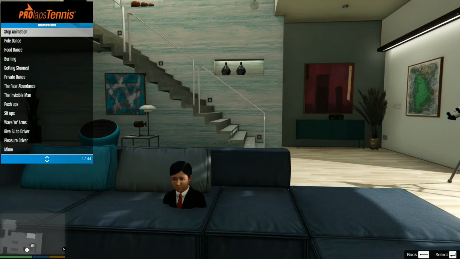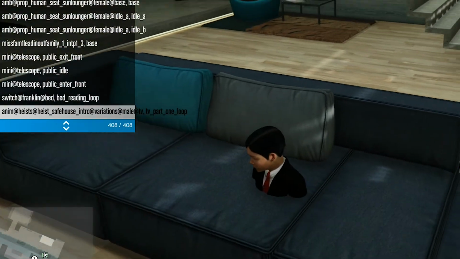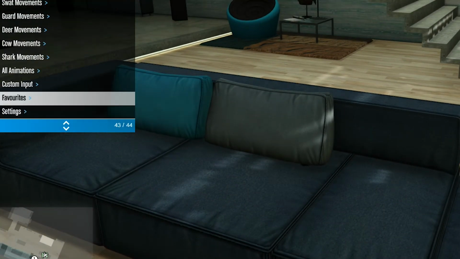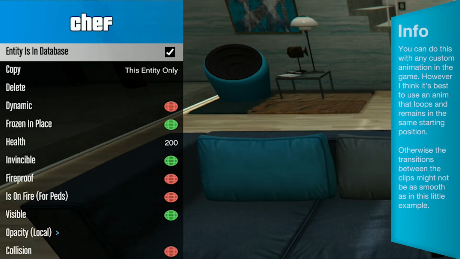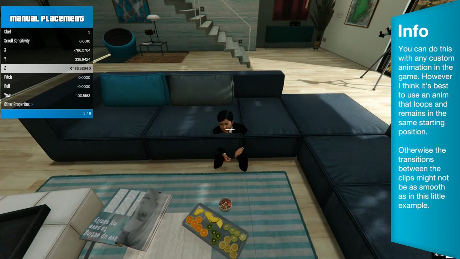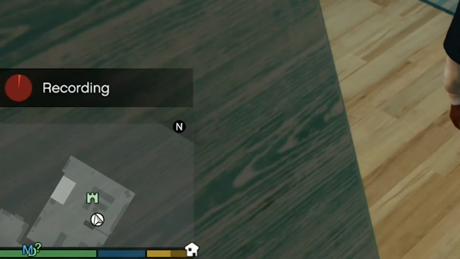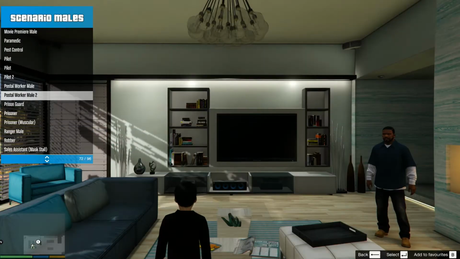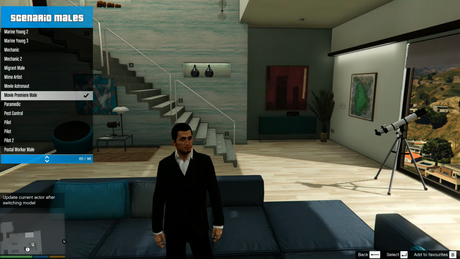First of all, during the recording I gave the modded kid character an animation called TV_part_1_loop and placed him on the couch. Then I made him frozen in place. This was to make sure the position doesn't accidentally shift when I change into another character. Then I recorded this scene for half a minute and switched to the adult version of the character. Rinse and repeat for the old guy and the skeleton.